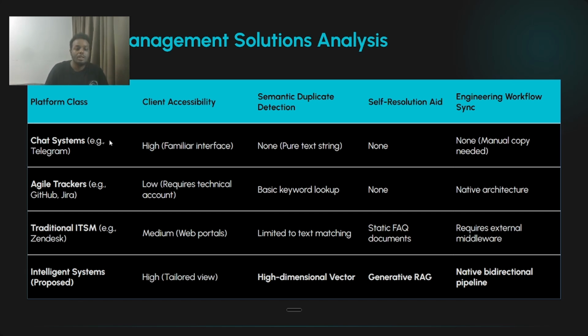It doesn't have an existing backflow to the back end, to the code, where it can assign issues dynamically to the users. My system will be client facing, and it will also have semantic duplication detection and self-resolution, and will also automatically pipeline the issue into the developer side, where he can update it, and it automatically notifies the project manager once the issue is resolved.